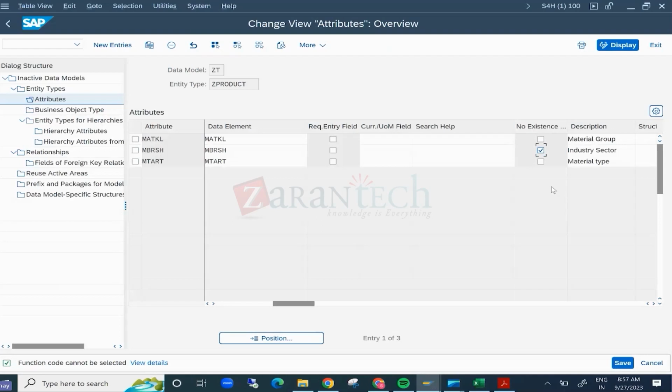At the approver level, the system will actually check whether this value exists or not. If it does not exist, then maybe you will throw some error message and correct that one. So ultimately, what happens is that no existence checks give you flexibility to temporarily bypass some checks, but